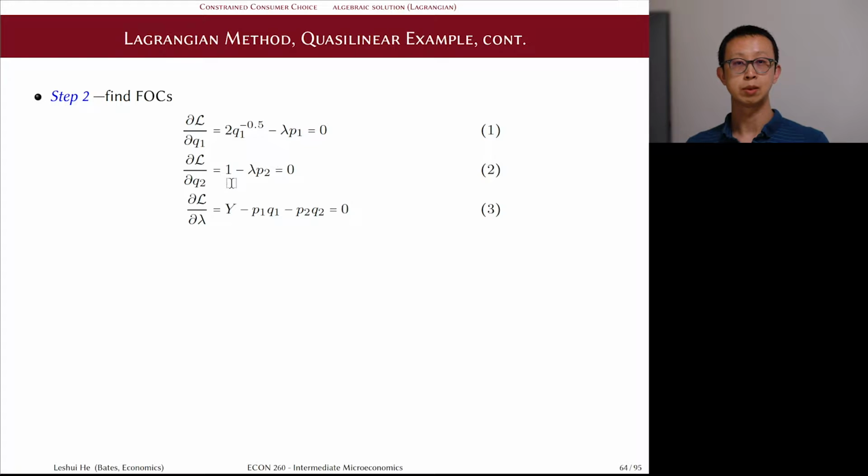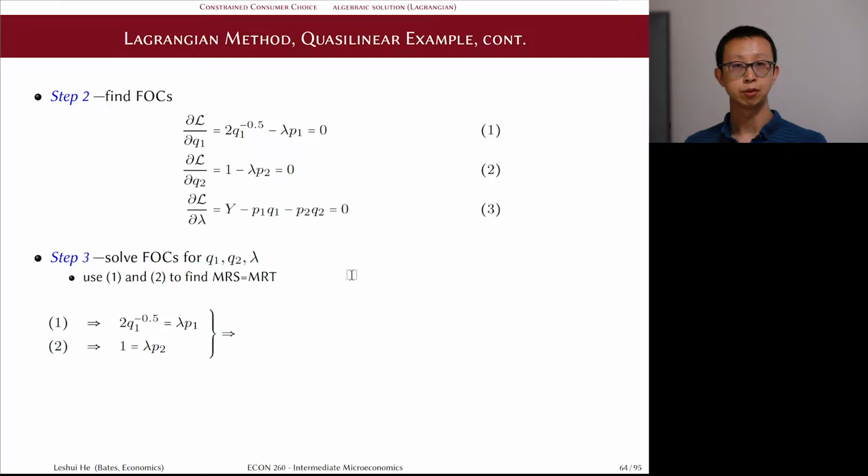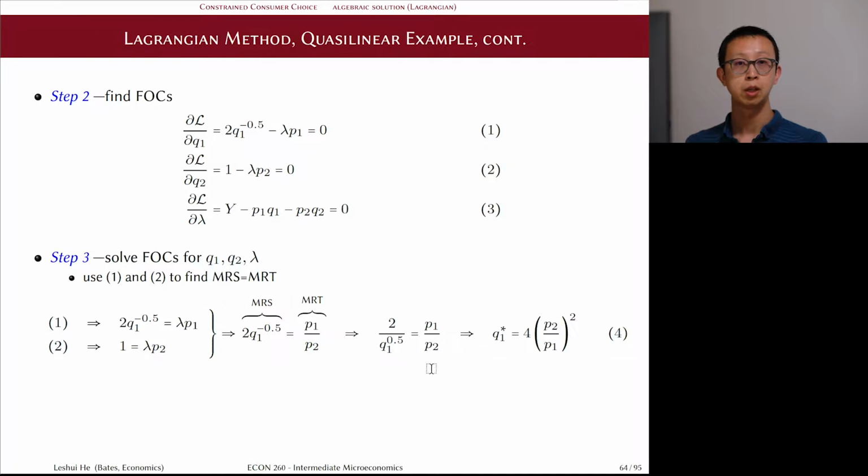We can then proceed with the same process that we're used to by now, trying to combine the first two first-order conditions into one equation. We can divide the left-hand side by the left, right by the right. Now, notice that this is a particularly simple equation that only contains Q1 and not Q2. So just by rewriting the tangency condition itself, we have already solved for Q1 in terms of the prices alone. And because this term only consists of exogenous variables, this is a solution for the optimal consumption level